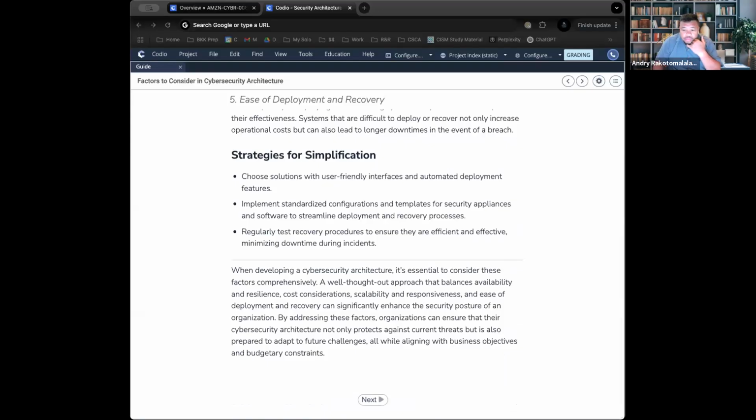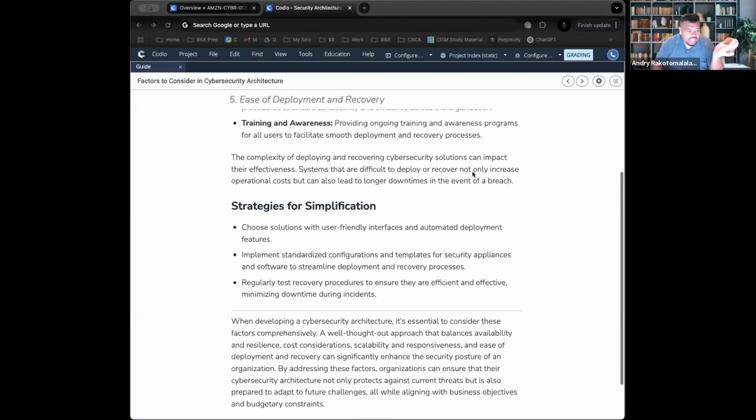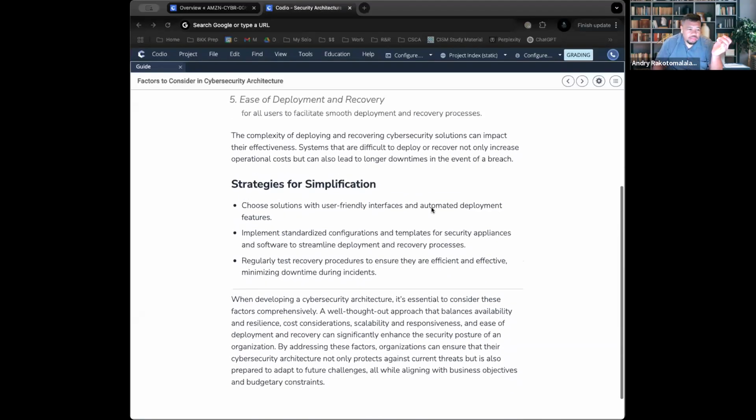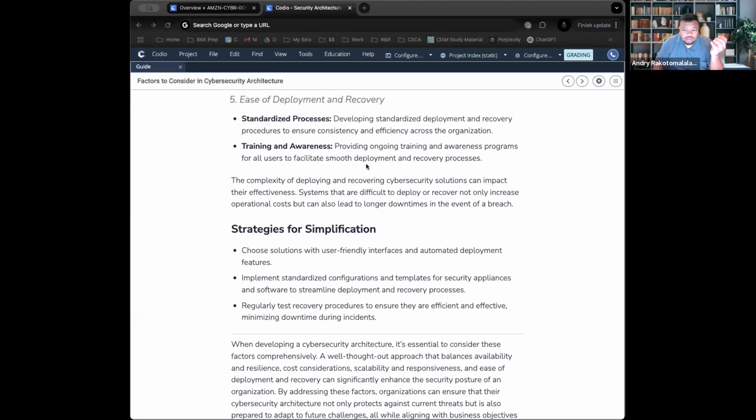All right. Now, the opposite of these, I would say, is if you have a complex tool. If you have a really complicated tool, then it can become a bit too much. Users would be like, oh, that's too much for us to handle. And then the recovery could take longer because it's so complicated and they don't understand the steps. That's why it's important to have standardized processes. And the last one is a longer downtime. A longer downtime could impact business continuity. It could bring regulatory risk and customer loss.